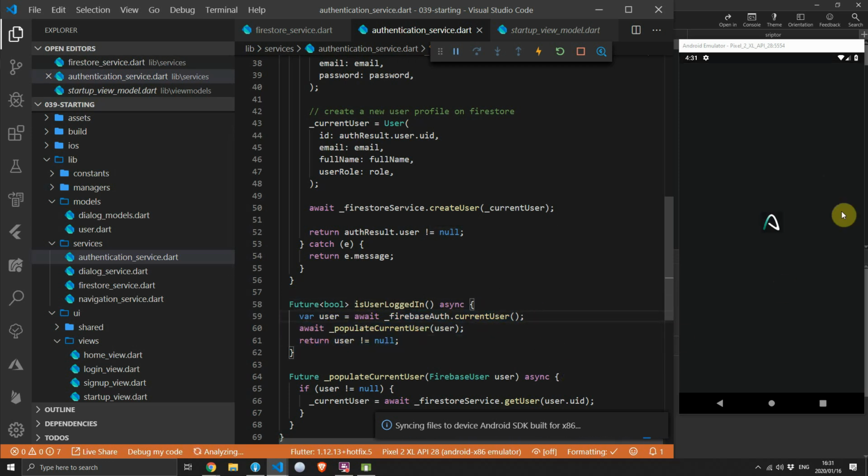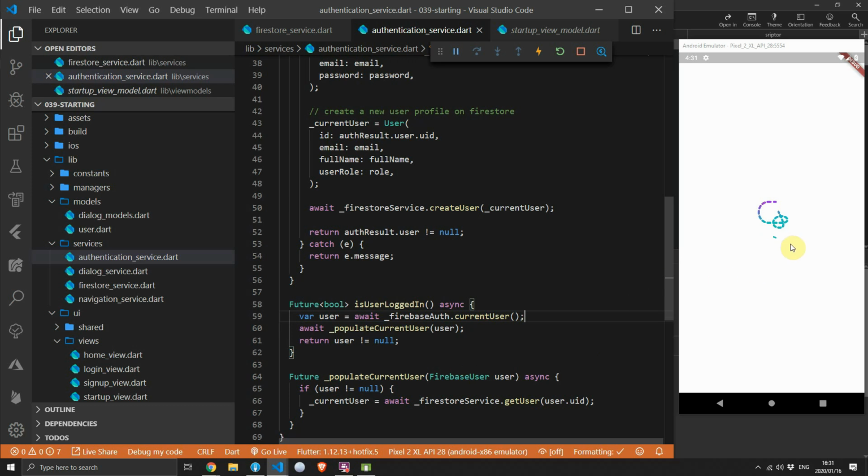That's it for this week. We have the basics of authentication done. Next week we'll be looking at Firestore. We'll do some real-time updates as well as pagination using the